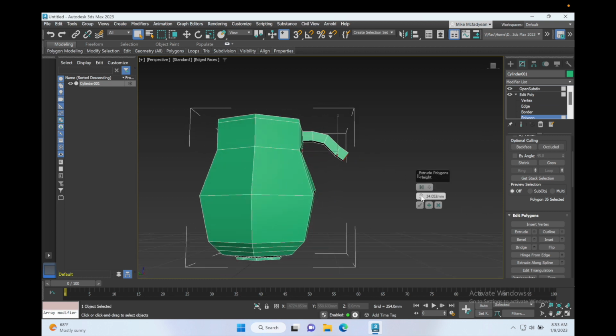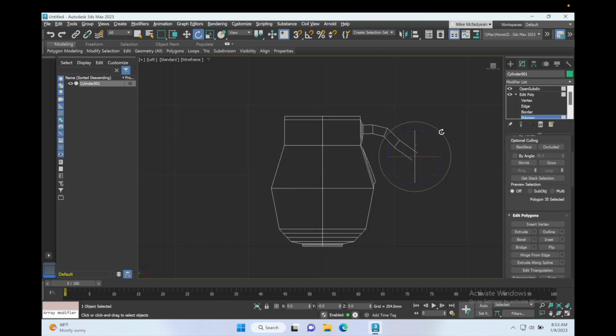Let's do another one. And rotate. I'm being very careful to rotate orthographically so that it doesn't get twisted. Okay, and edge. Do another one. Okay,